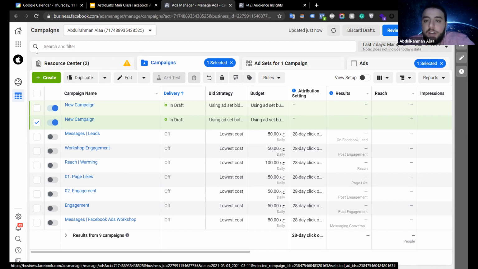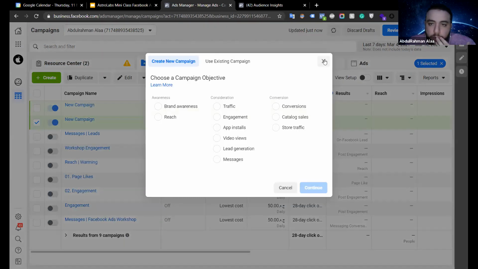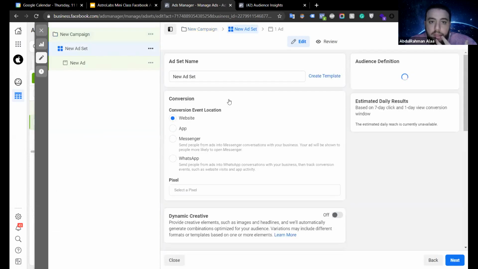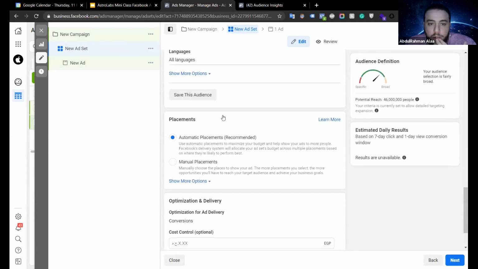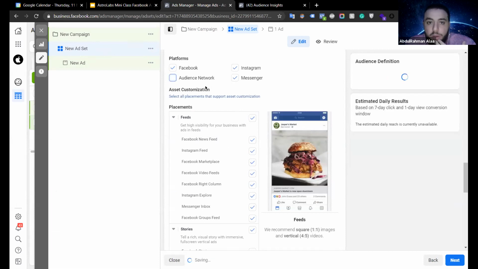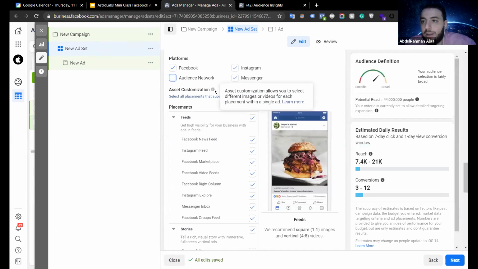So Prachi is asking, if not boosting a post, can we create an ad for the same post on Instagram? Yeah, look, you can make ads from the Ads Manager on Facebook and Instagram at the same time. Let me show you this, guys. In the ad set part, you will go here to manual placement. You will just choose Instagram, remove the Audience Network, Messenger, and Facebook, and that's it. So your ad is going to show on Facebook and IG as well.